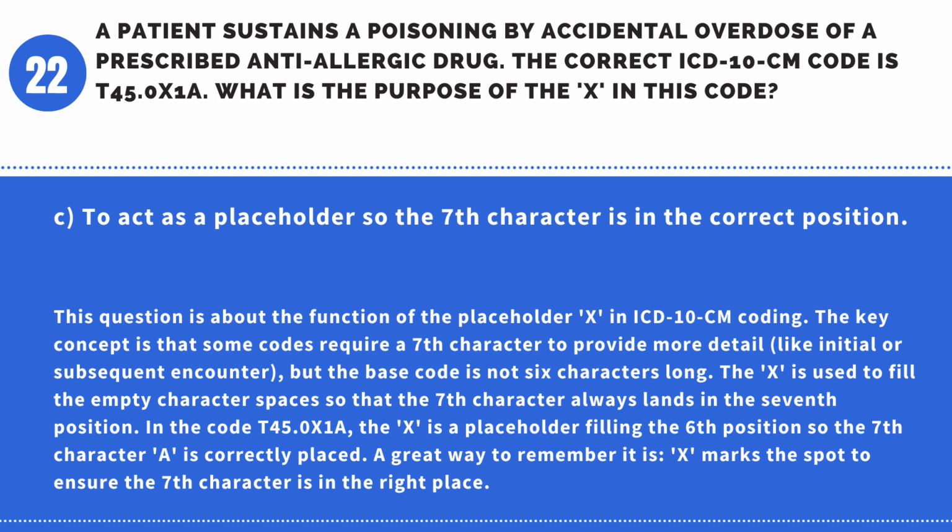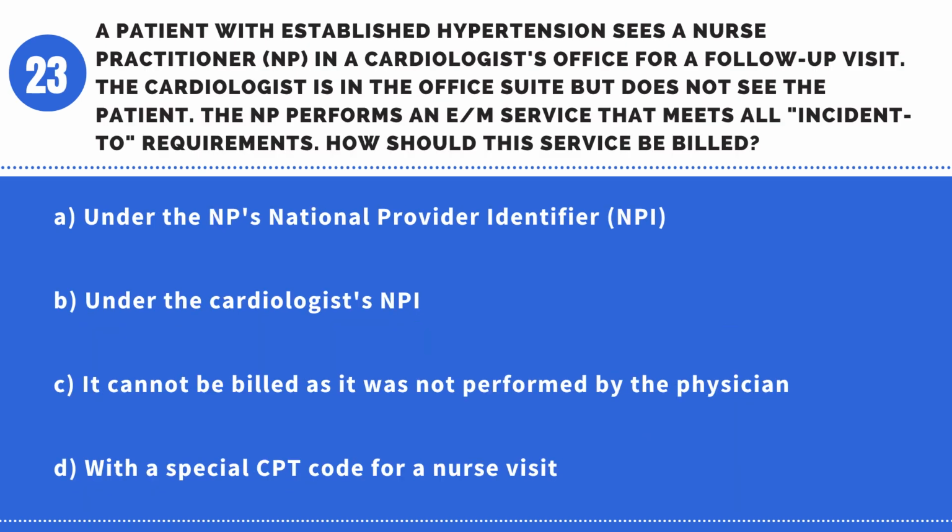position. In the code T45.0X1A, the X is a placeholder filling the 6th position so the 7th character is correctly placed. A great way to remember it is, X marks the spot to ensure the 7th character is in the right place. Question 23. A patient with established hypertension sees a nurse practitioner, NP, in a cardiologist's office for a follow-up